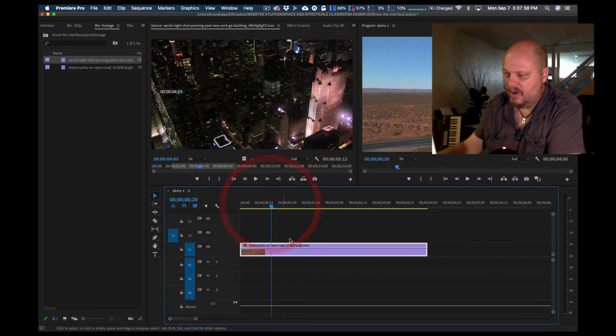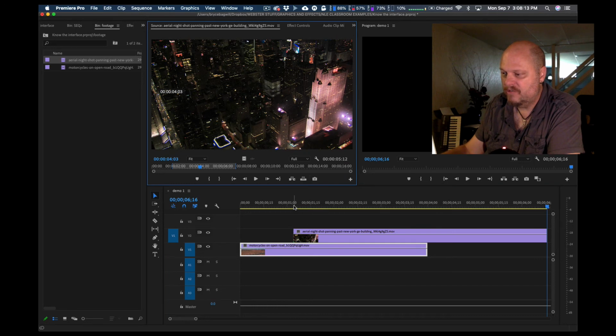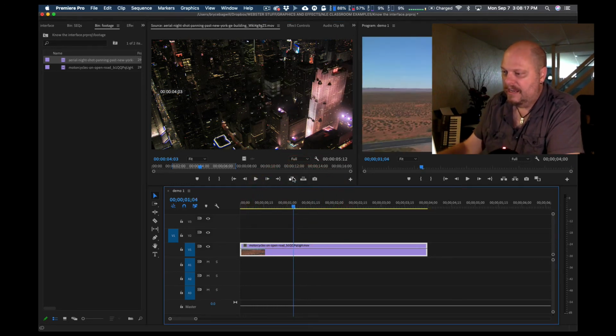It doesn't know where I want to put it because I have not put an in or an out down here. It's always going to use the location of my blue line as the assumed in point, the start location of where this clip should line up with. So if I do an overwrite, there it went, it dropped it in. That's fine. If I do an insert,